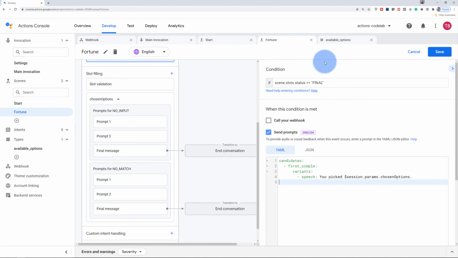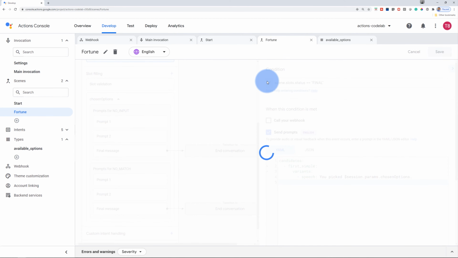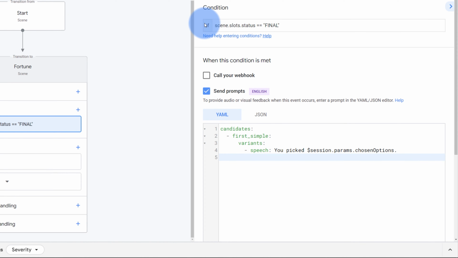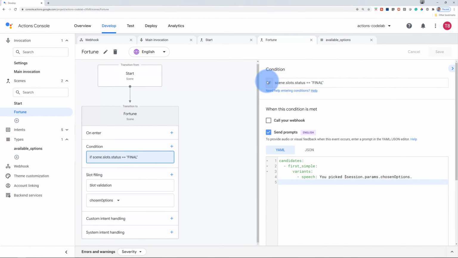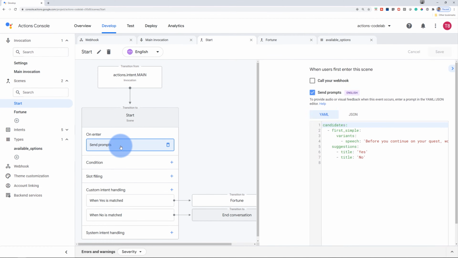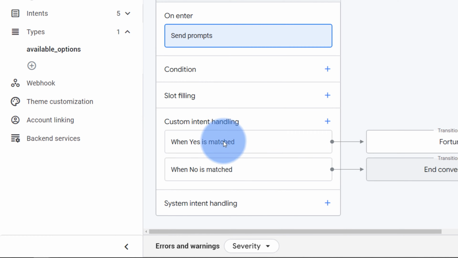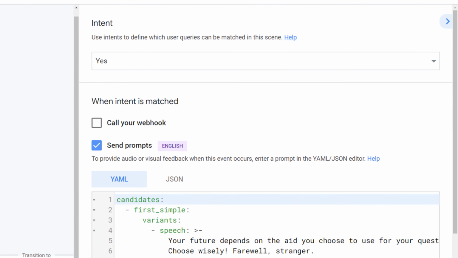When all the slots are filled, the condition can trigger a webhook, transition to a new scene, or add prompts to the prompt queue. So in this case, we add a prompt once the condition is met. Finally, click Save. Before we proceed for testing, now that we have added slots and prompts under the fortune scene,